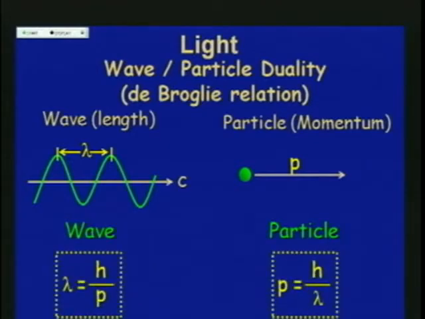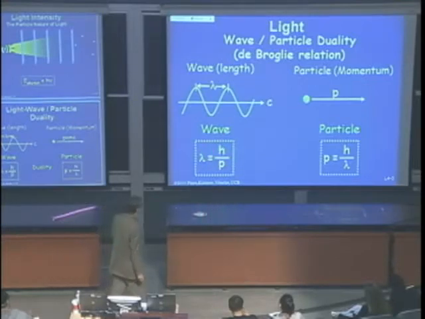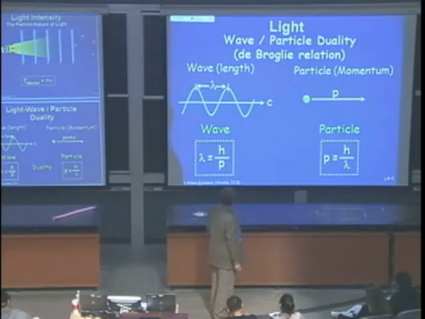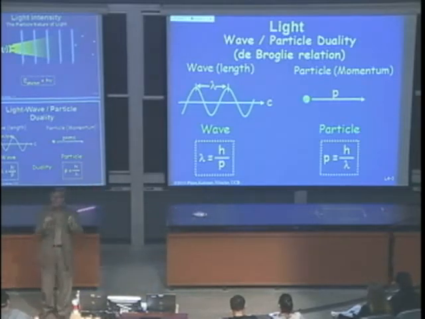He said, I can calculate a momentum for any wave because the wavelength is inversely proportional to the momentum, h over the momentum. Okay, h is Planck's quantum. And so I can calculate, for any moving particle, a wavelength, anything. If this makes sense, that's a different story. That's what we're going to talk about today.